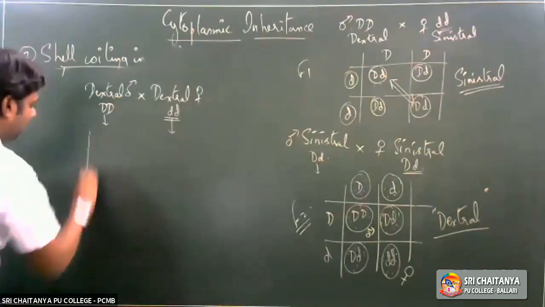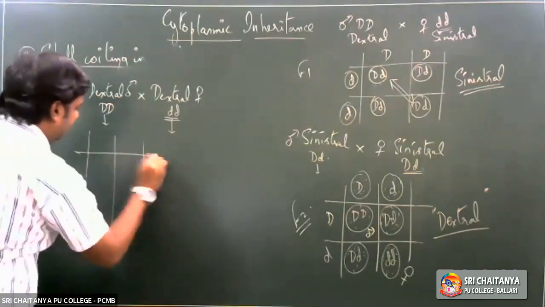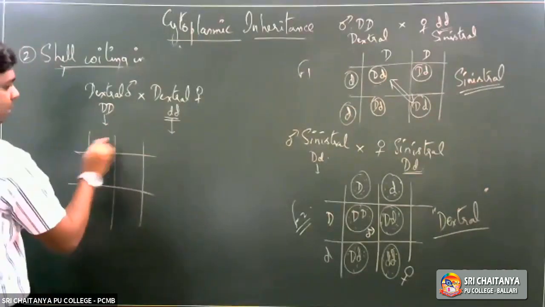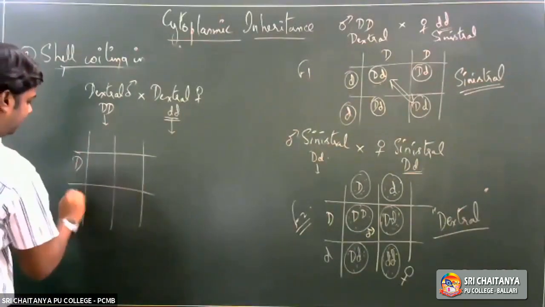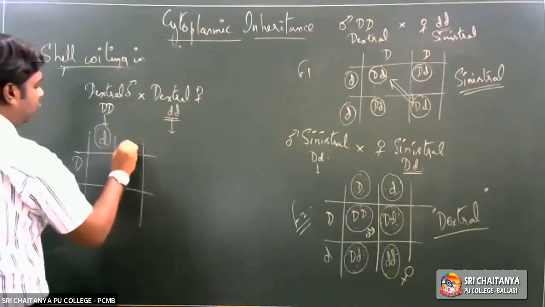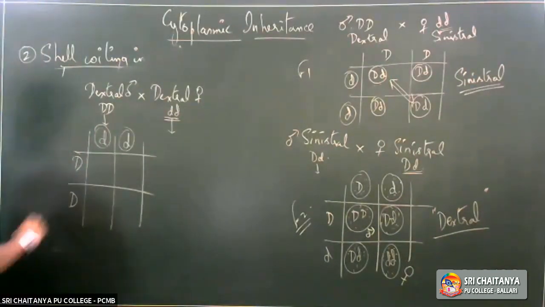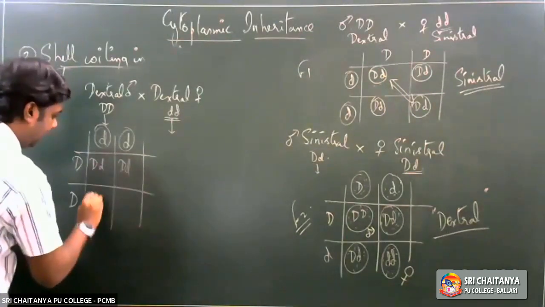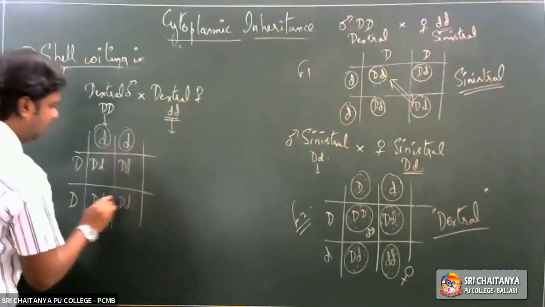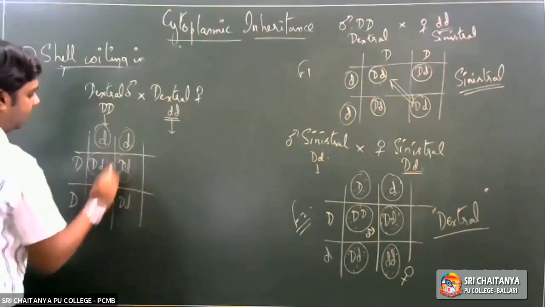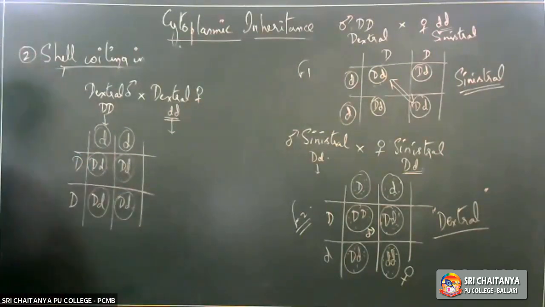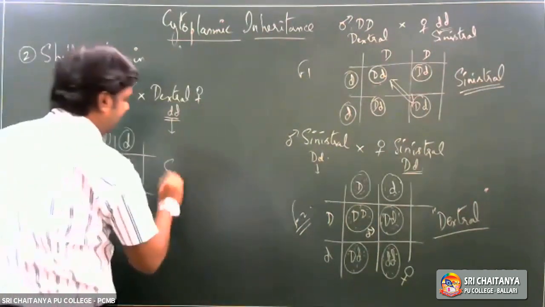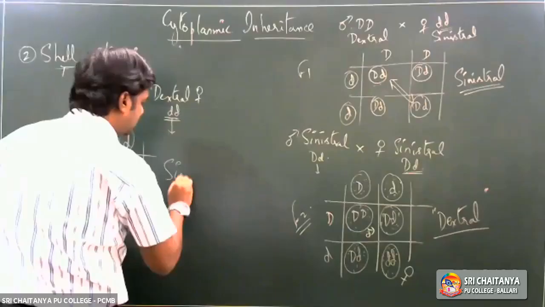Now let us see what would be the offspring in this particular condition here. So this will be the male here again, capital D, and the female small d, no protein. So when we start making the cross, capital D, small d, capital D, small d, capital D, small d, capital D, and small d. So all of them will not have any proteins in the cytoplasm. Since they do not have any proteins in the cytoplasm, the type of coiling here would again be sinistral coiling.